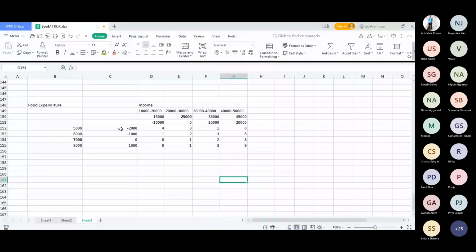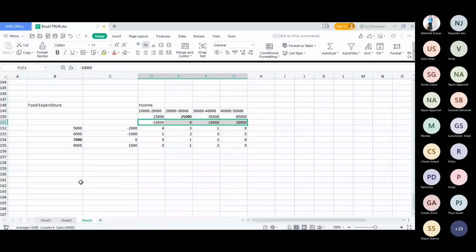So these become the values of dy and this becomes the values of dx. Right? So these are the values of dx and these are the values of dy. Now the formula of this correlation coefficient, if we are doing the discrete data, will be